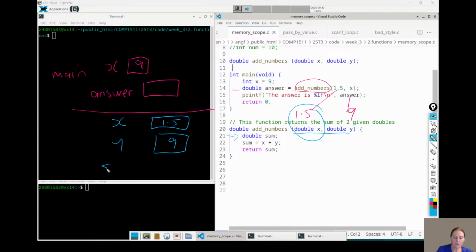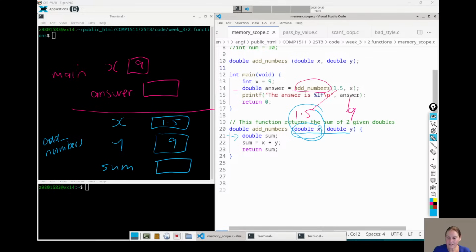And this function also has a variable called sum. So these are all the variables, right? The ones that are in main and the ones that are in add numbers. And as we can see, and I did say this yesterday, but I just want to really stress it, we've got a parameter called x in add numbers. This is not the same x that's in main. They just happen to have the same name. In this example, they don't even have the same type, right? They're not the same variable. So hopefully everyone is happy with that.